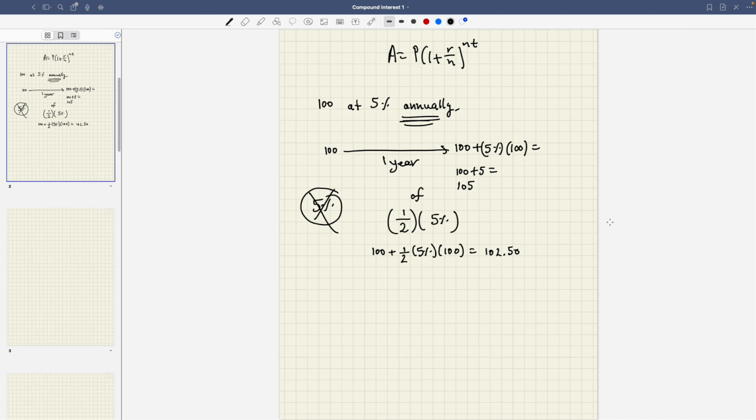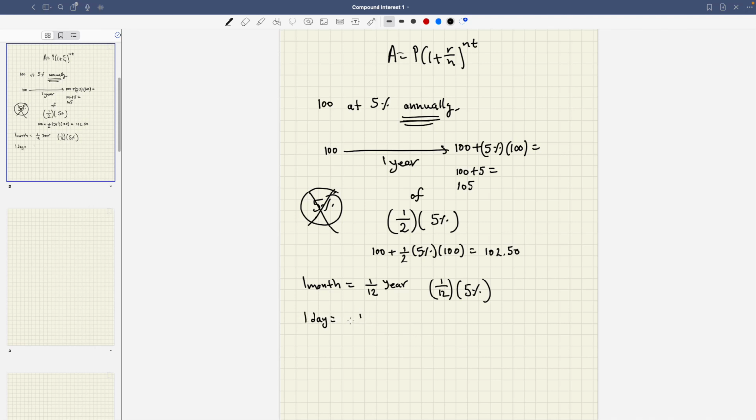Now the point to understand first is that if you leave the money in the bank for 1 month, then we know that 1 month is proportionally equal to 1/12 of a year. So the amount of interest that you are going to get if you leave your money in the bank for 1 month is no longer going to be the 5%. Instead, it's going to be 1/12 of 5%. Likewise, 1 day